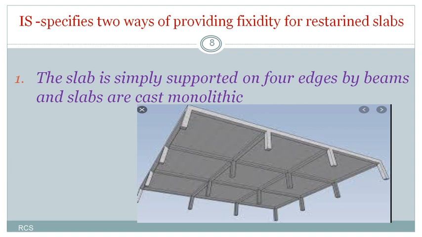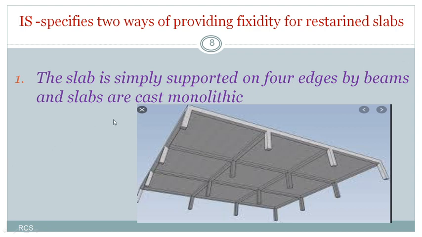So this is all about restrained slabs, and as I already told you, restrained slabs have their corners held down by means of providing walls and beams. Here, the IS code, Indian Standard, specifies two ways of providing fixity for the restrained slabs. Those we'll see here. The first one is that the slab is simply supported on four edges